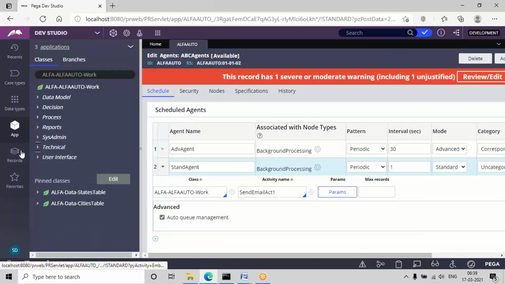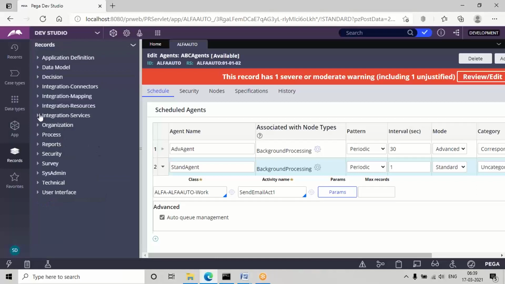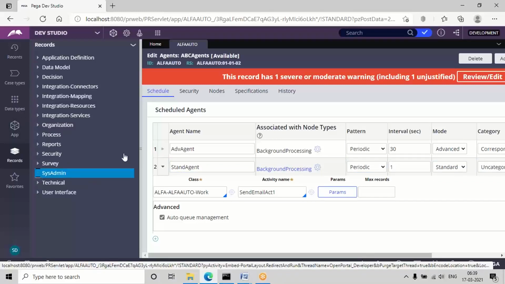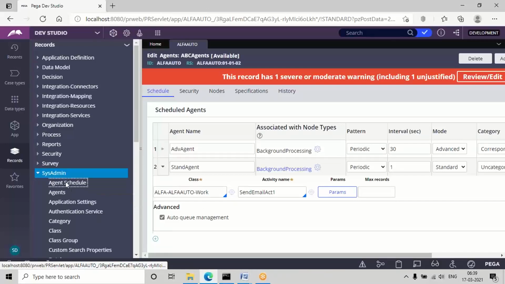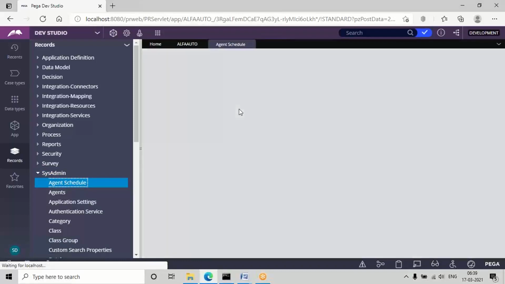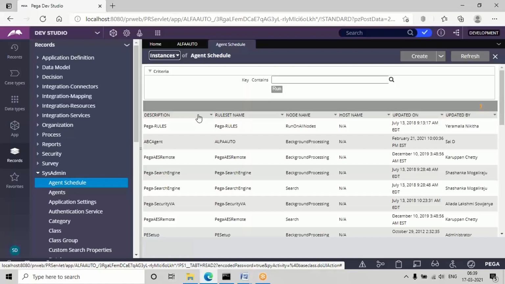Meanwhile, to open the agent schedule, I told you we can open it from Records Explorer. So to conclude, if you want to identify whether it has started or not, go to sysadmin. Okay, keep it open because it will take some time. And meanwhile, this standard agent is not completed. In order to configure the standard agent, I need to configure some additional steps. That is what I'm going to do now.